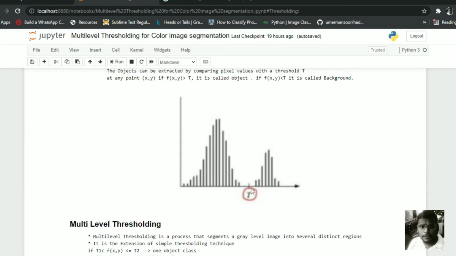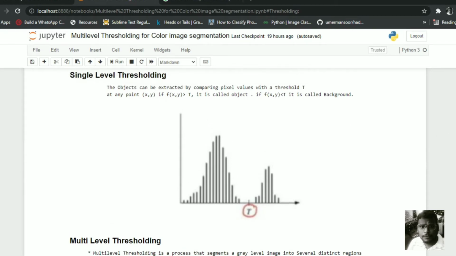This is the threshold value. This area is known as the background and this area is known as the object.